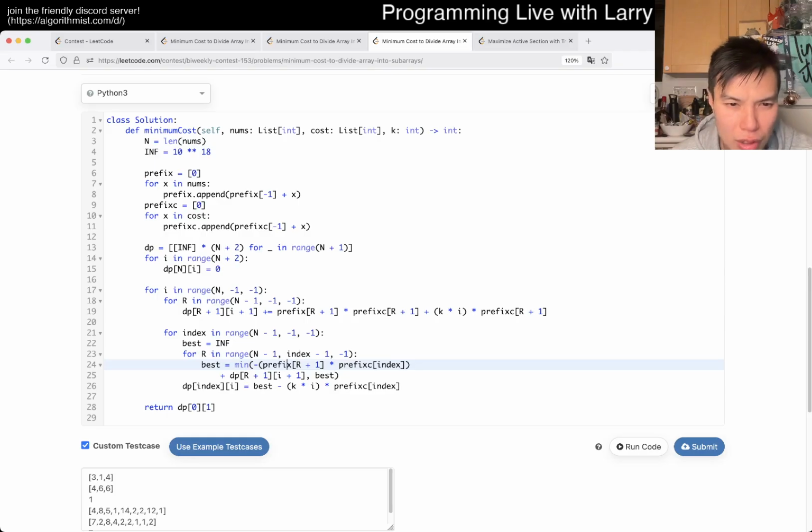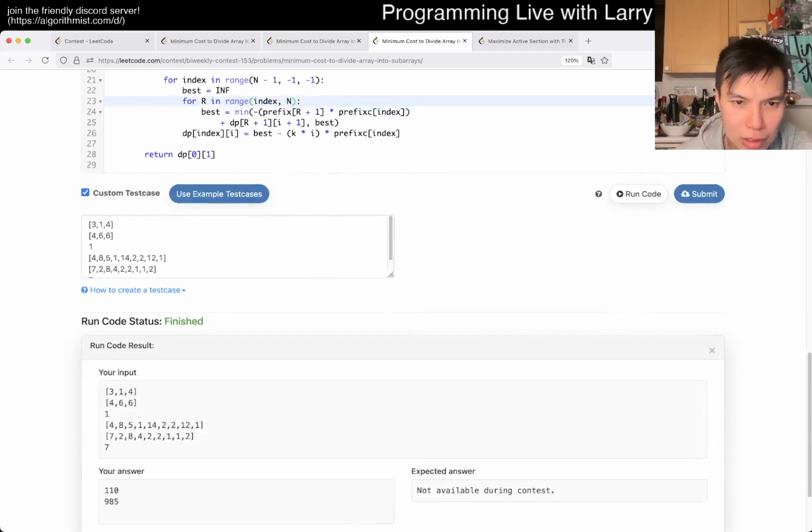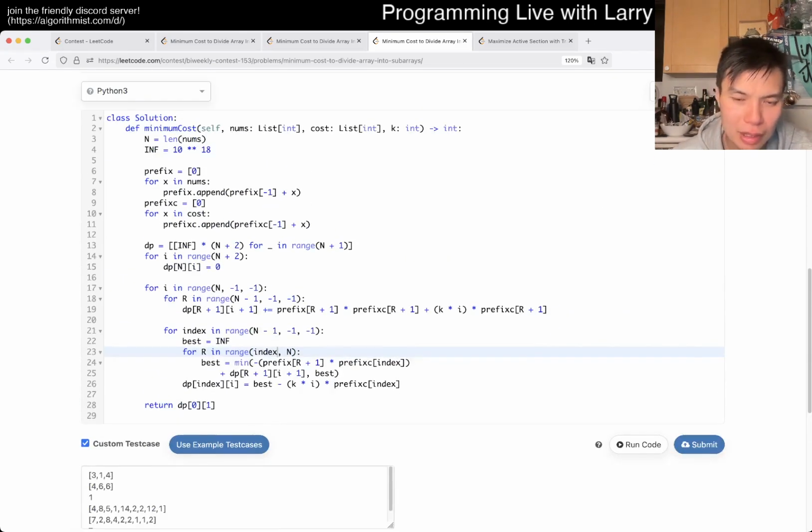Or what is or? Or also doesn't need to look like this. I just wrote it this way just to prove that the order doesn't matter on that. Okay, does that help? So given the index,